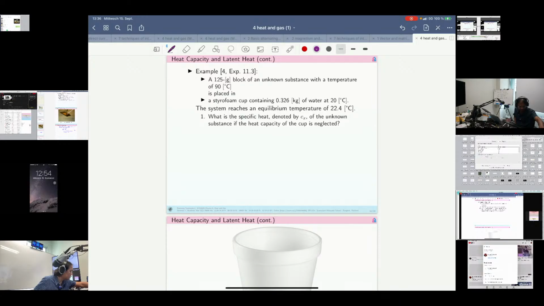The next type of problem is where we mix several substances into a single